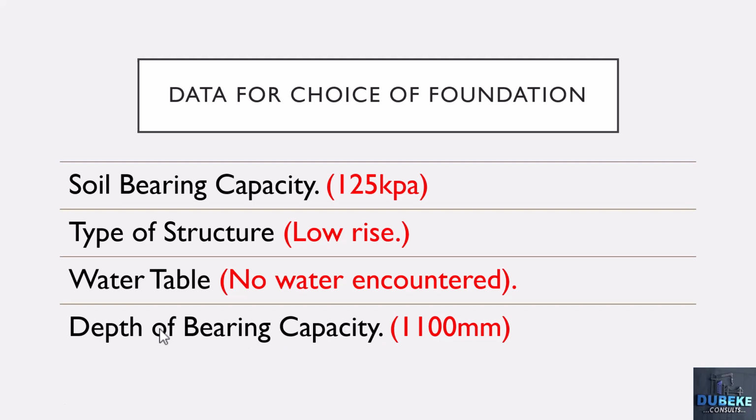And remember, in our pre-analysis for this very structure, we said our depth of foundation is 1.2 meter. So if we are having a bearing capacity of 125 kPa at 1.1 meter, it means we are very, very safe going as deep as 1.2 meter. So with this understanding, let's go back to our software and insert this different data for our design of pad